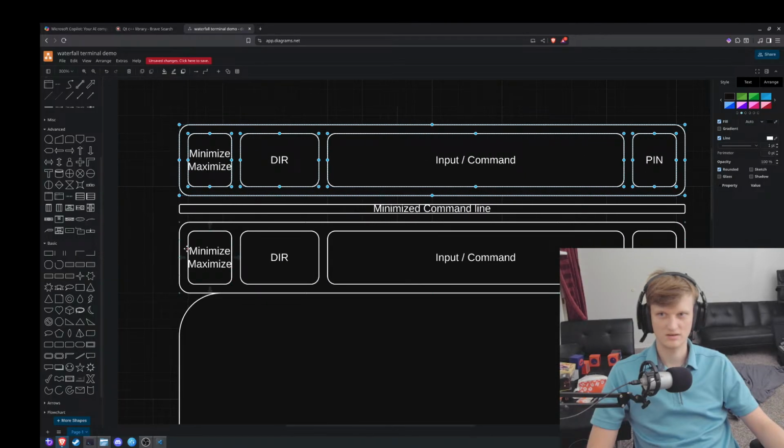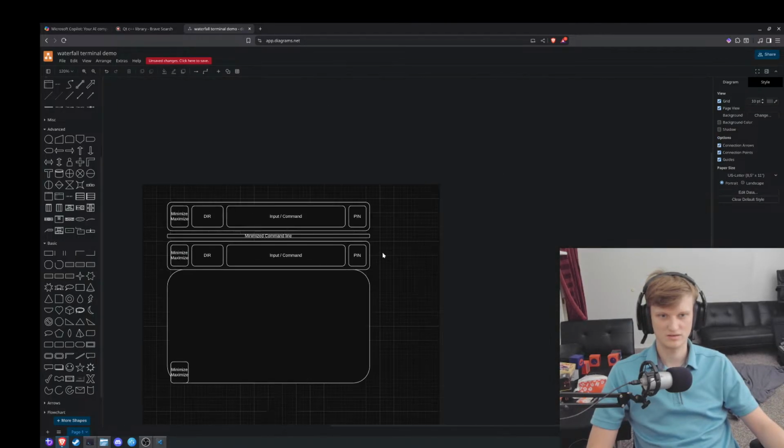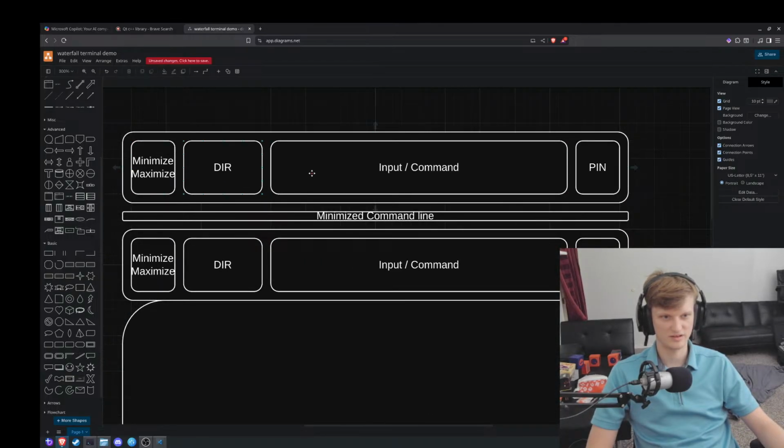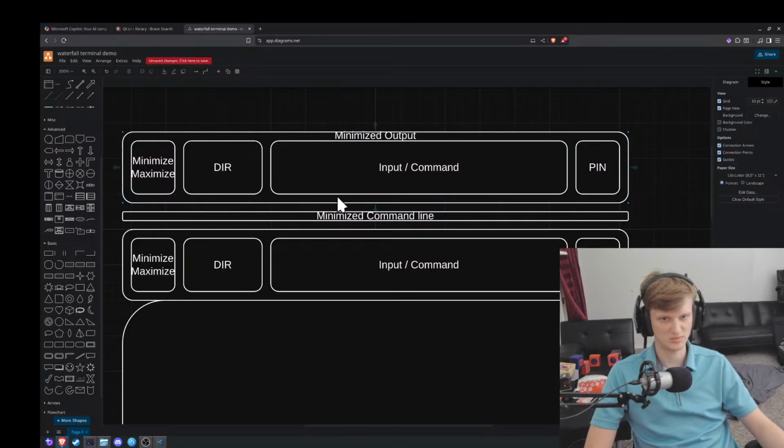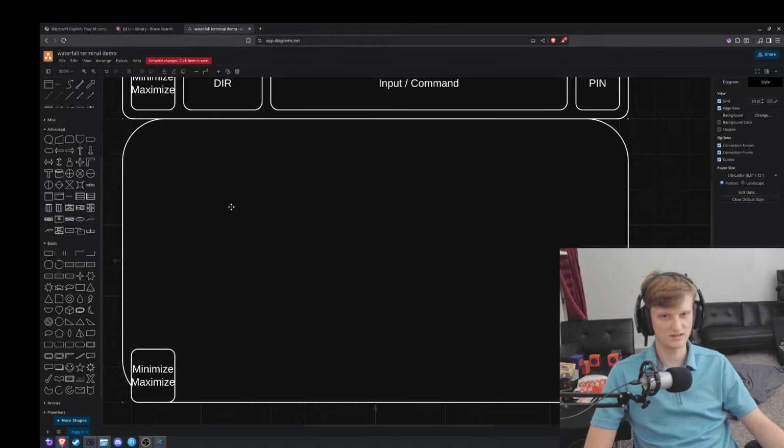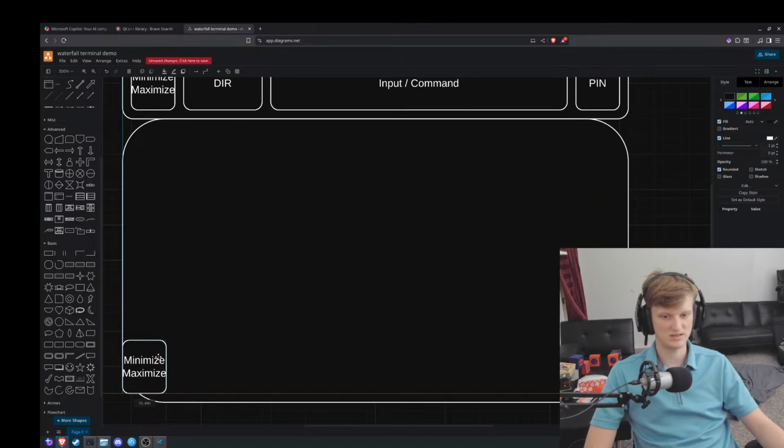Okay. So basically it's going to look something like this, where you have all of that minimized command line. This is a minimized output, that's probably what this one would be. So this is a minimized output example. That's a minimized command line example. This is the command line. It'll have a minimize button in the bottom left here for minimizing the